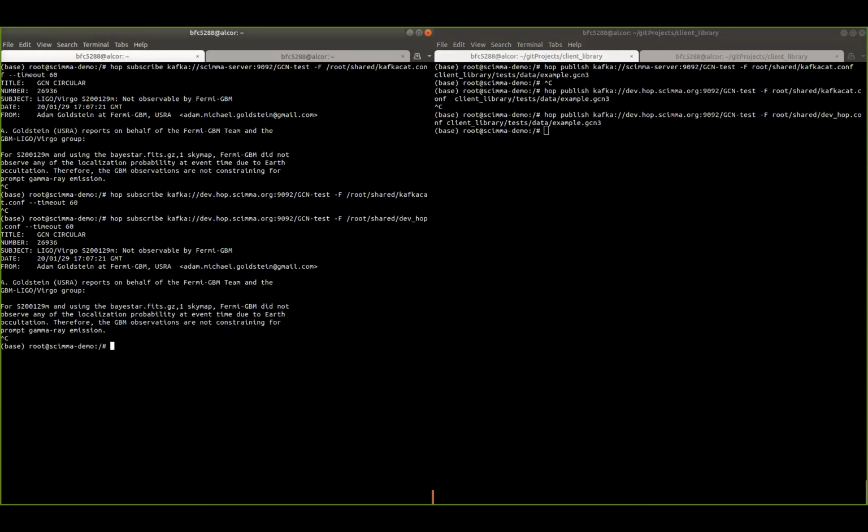And so that is the core of what we have for pub/sub management of messages being sent and received. Right now, we're supporting GCN and expanding to VO events and other formats, as Mario mentioned. And we can take questions now or pass it off to Ron to go over the AWS with a bit more detail.